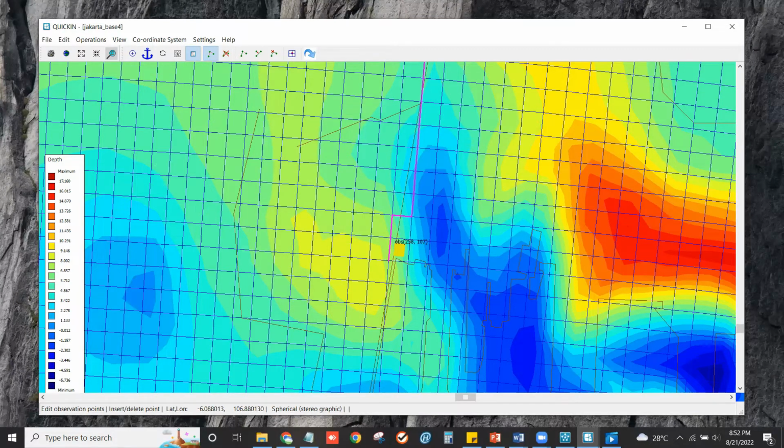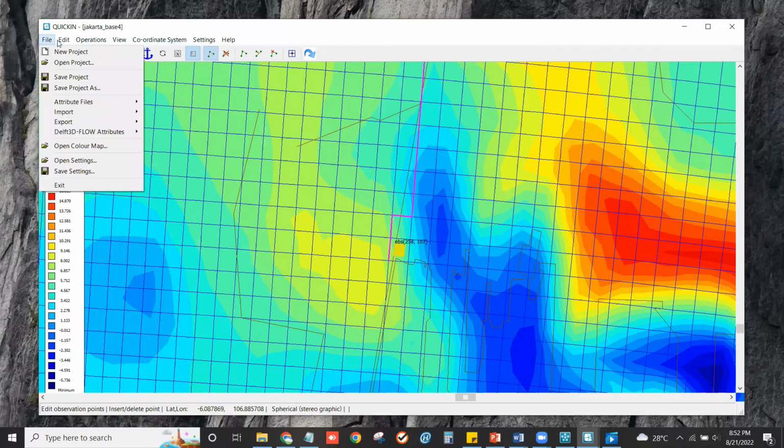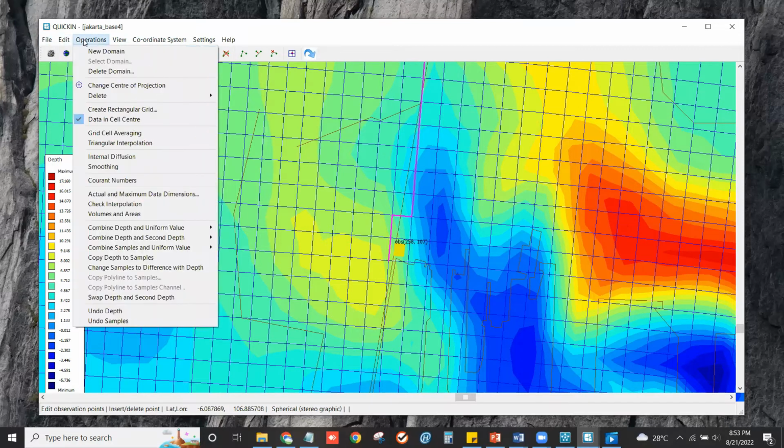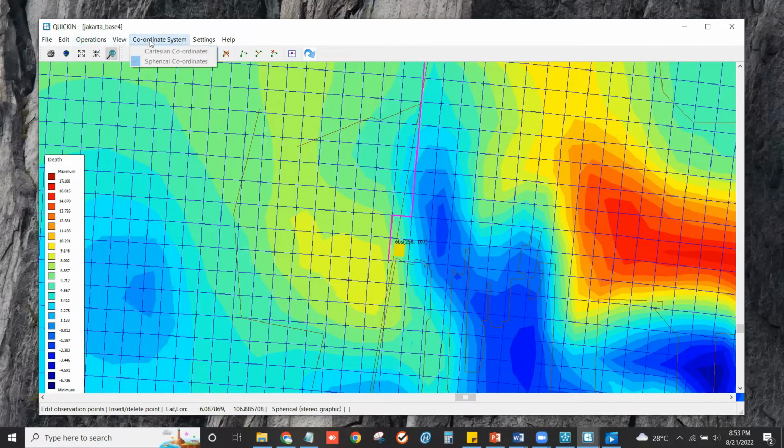Okay, if it's done, the pre-processing process for the Quick In part is complete. Maybe you can try other tools or menus.